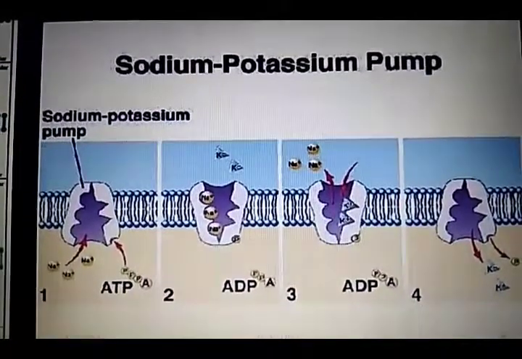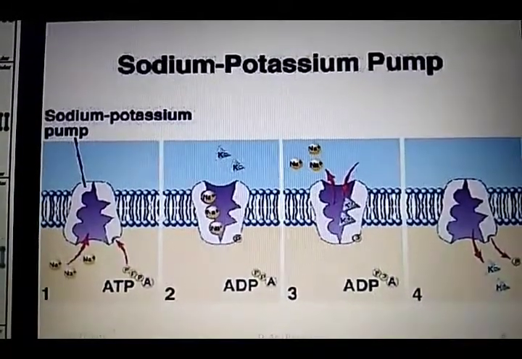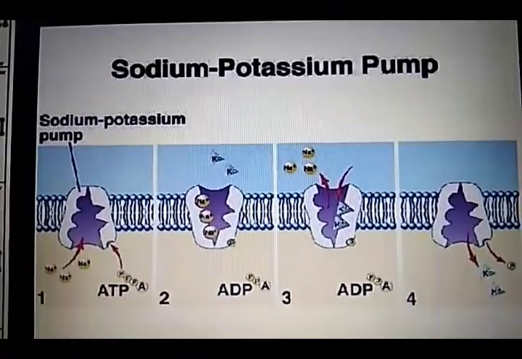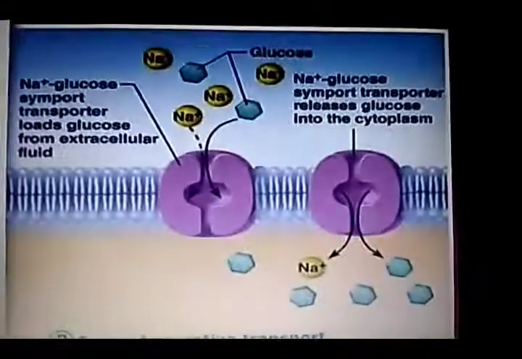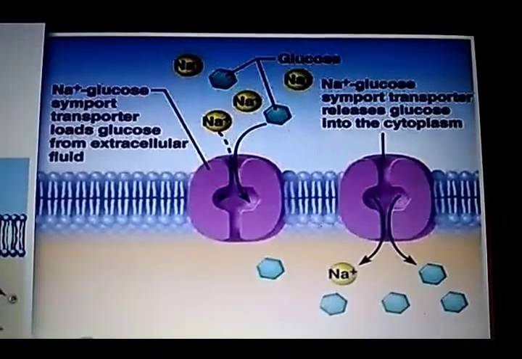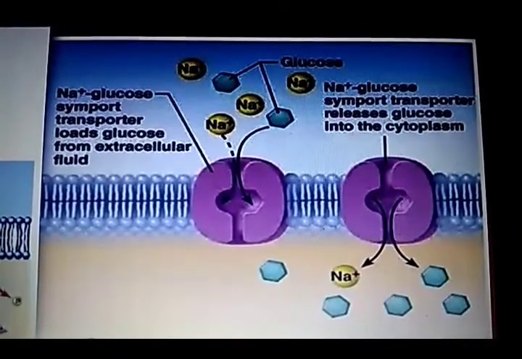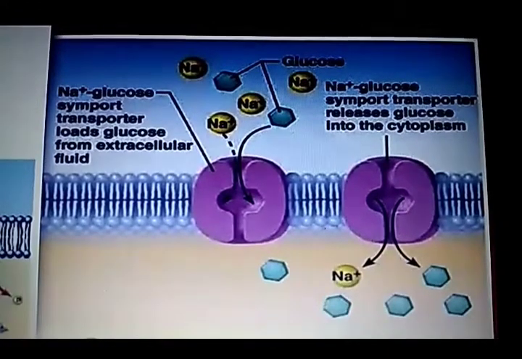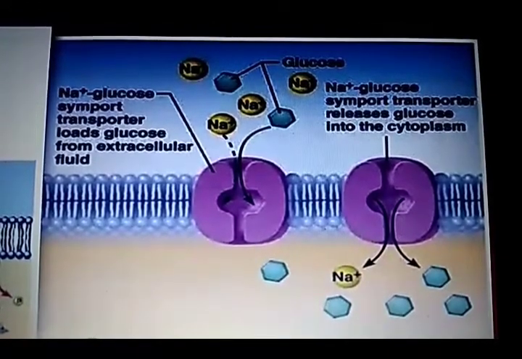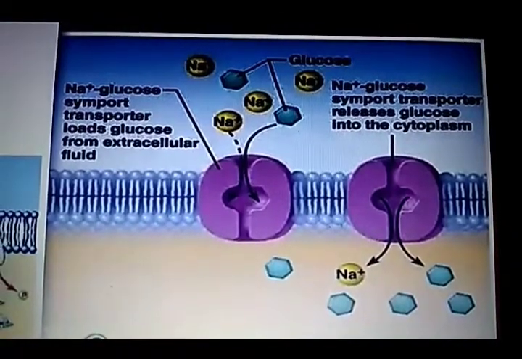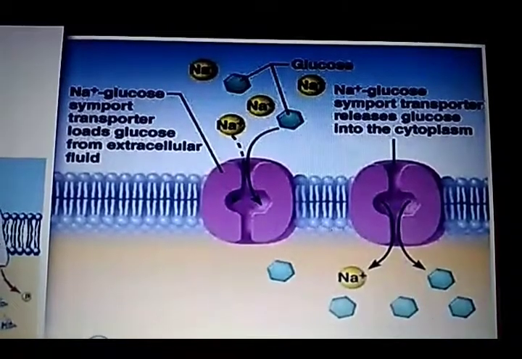Also, the other type of active transport is secondary active transport. Let us understand about secondary active transport. In the figure you can see that secondary active transport is a transport of substances with sodium ions by means of a common carrier protein. When sodium is transported by a carrier protein, another substance is also transported by the same protein simultaneously, either in the same direction or in the opposite direction. Thus,